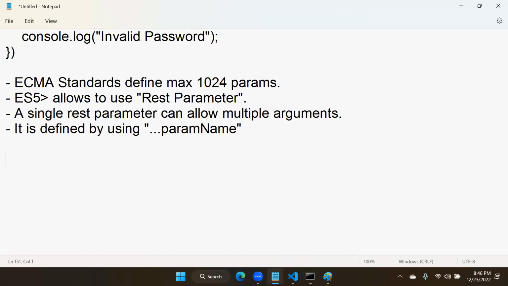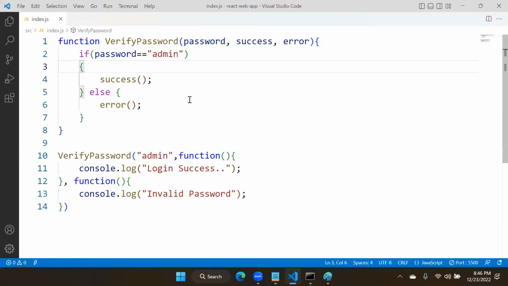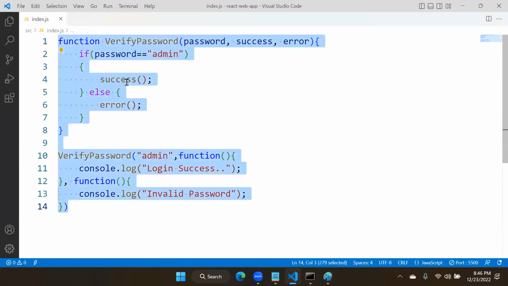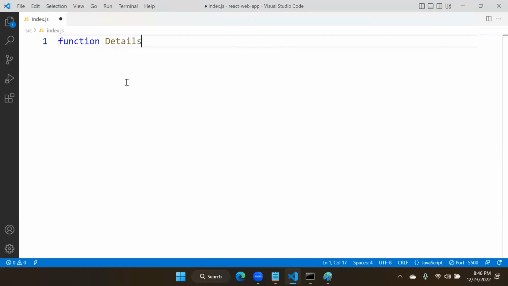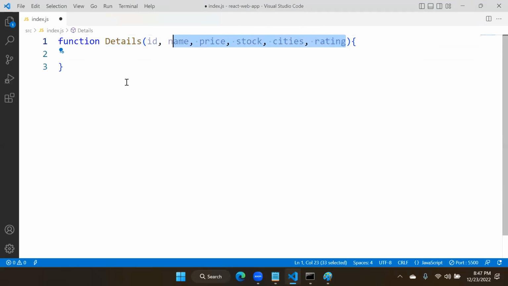For example, see here, suppose I am trying to store function details, same as previous. In that we have ID, name, price, stock, cities, rating. For all of these, you can just keep one rest parameter, dot dot dot,